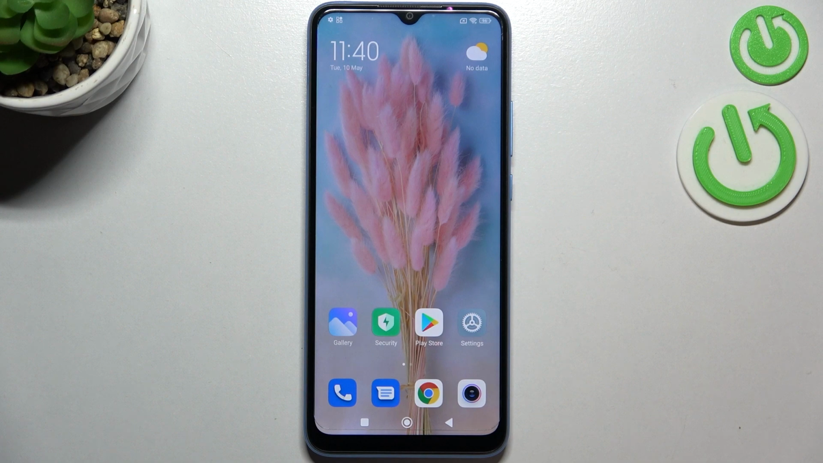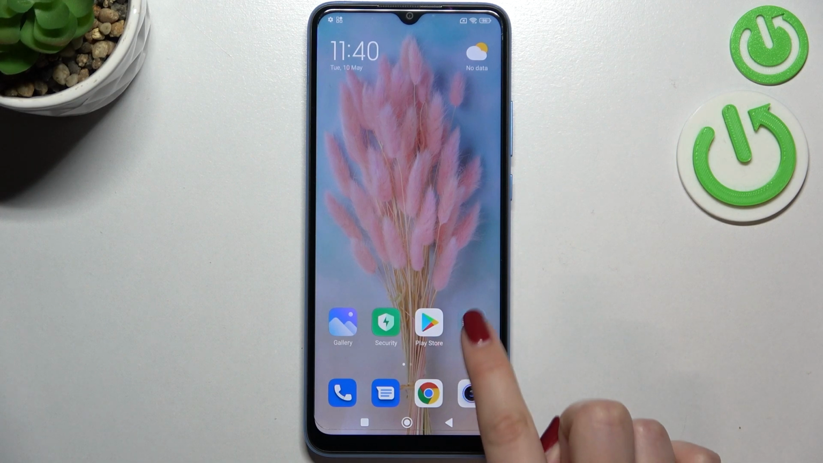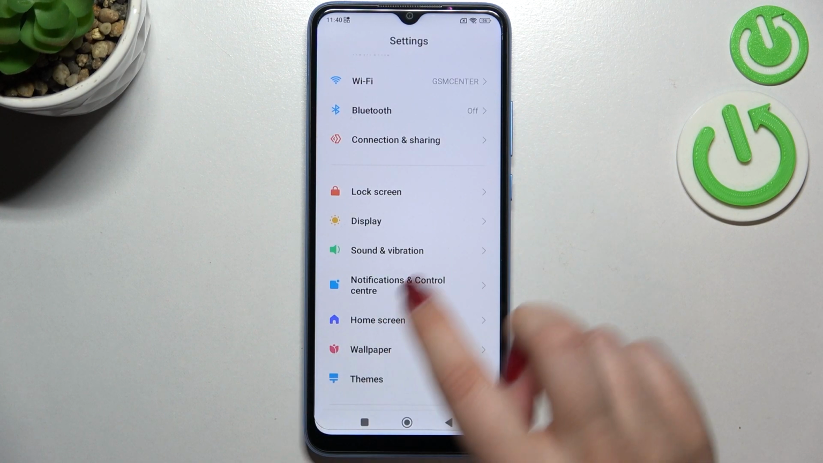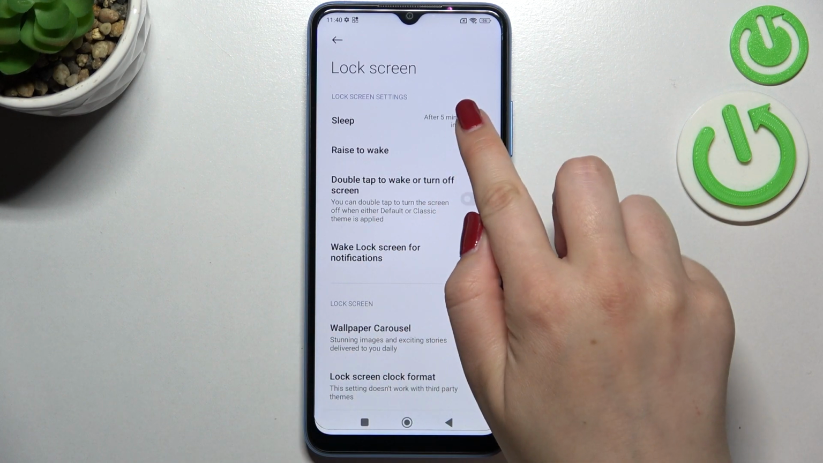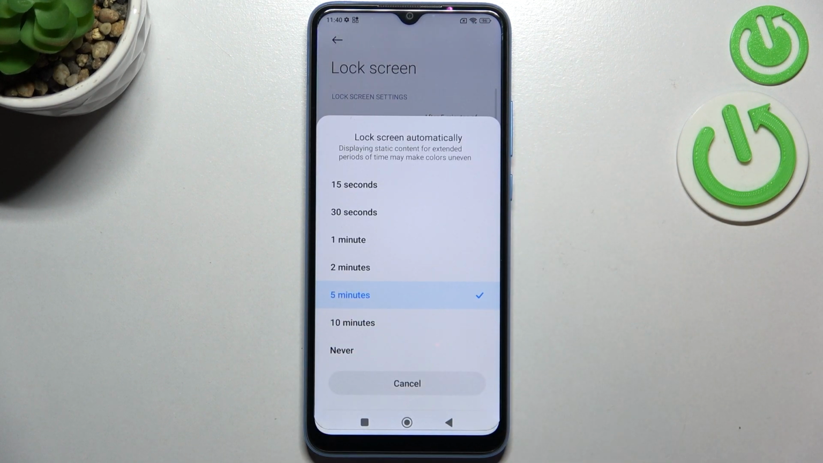Hi everyone, in front of me I've got Xiaomi Redmi 10C and let me share with you how to change the screen timeout on this device. So first of all we have to enter the settings and now let's tap on the lock screen. As you can see, on the very first position we've got the sleep, so let's enter,